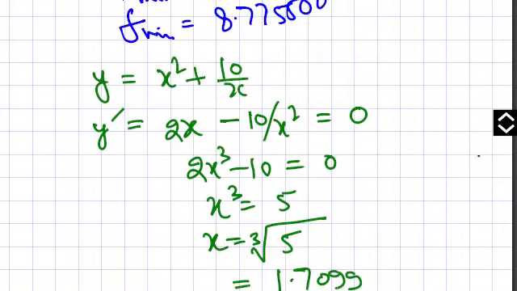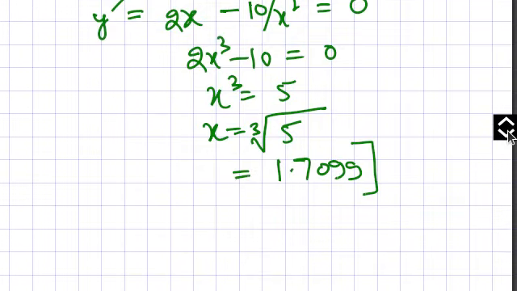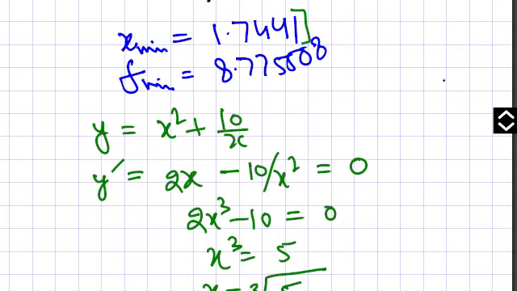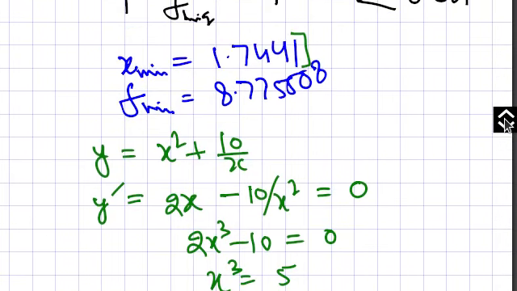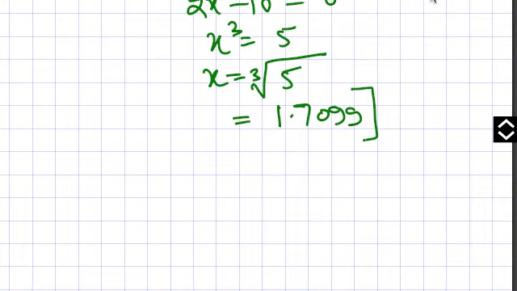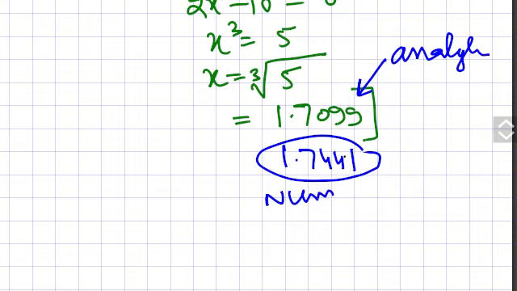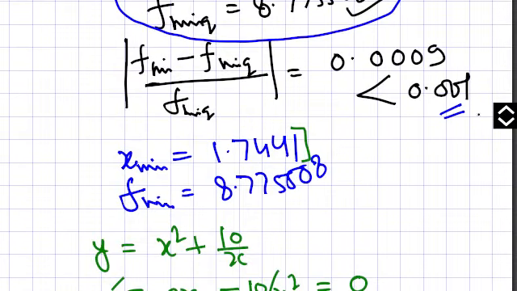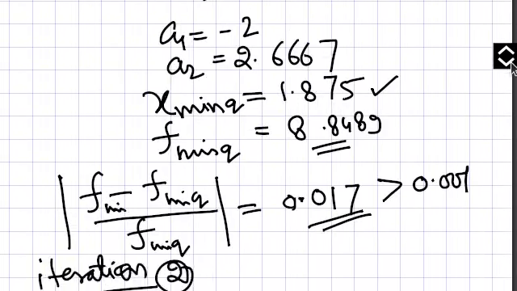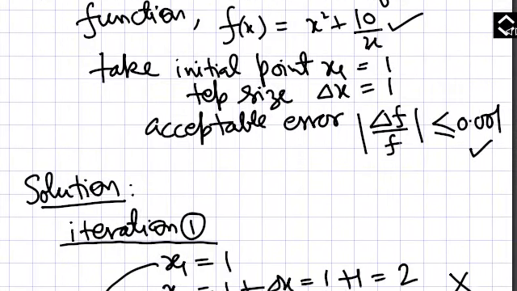So this is by your pure mathematical method, and this is by your iteration method, 1.7441, a numerical method, and this one is called the analytical method, you can compare them. So you can say that still there are errors, but you can reduce the error if you take the acceptable error like this, that you can take its value to be 0.000, means it is taken to be this much.